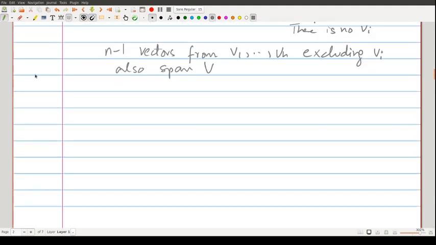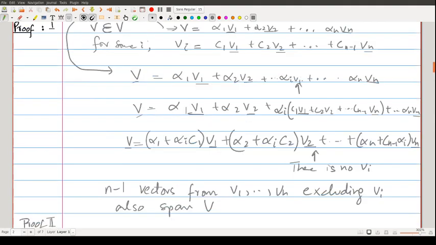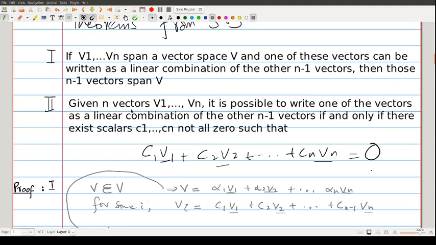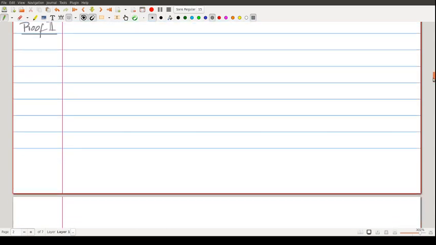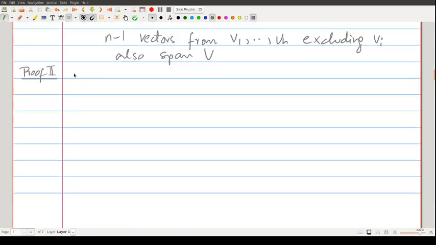Proof of 2. So for 2, the statement says that given n vectors v1 to vn, it is possible to write one of the vectors as a linear combination of the other n minus 1 vectors if and only if there exist scalars c1 to cn not all 0 such that this condition holds. So what is it saying? It's saying that for some one of the vectors